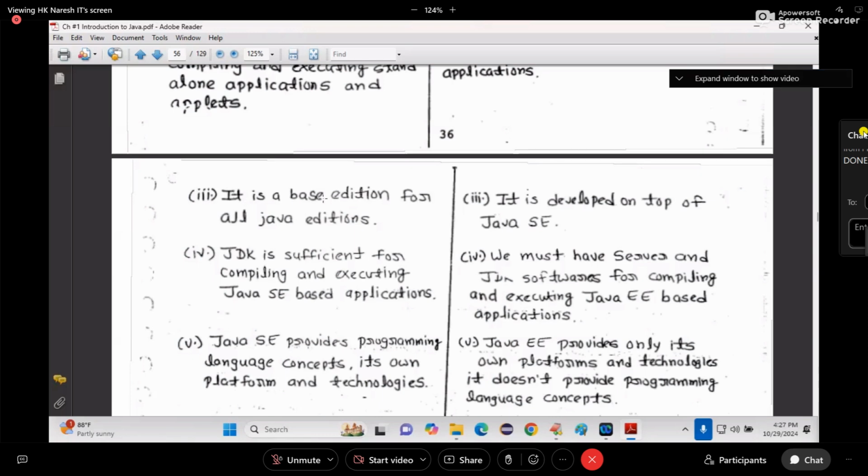Java SE is the base edition for all Java editions. It is developed on top of Java SE.